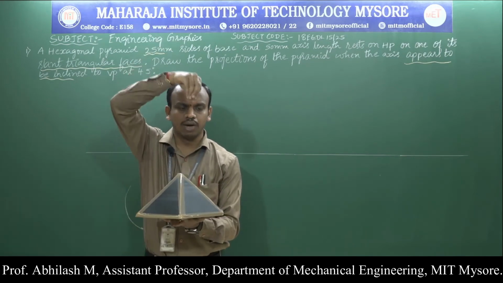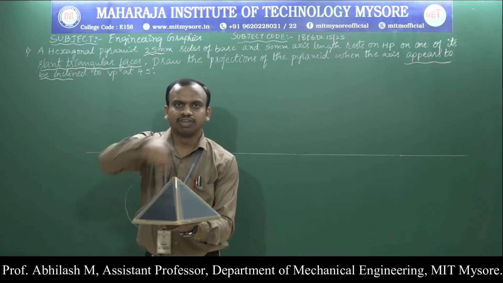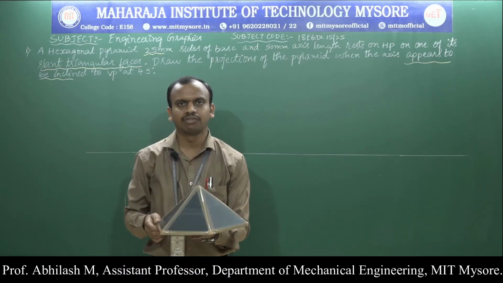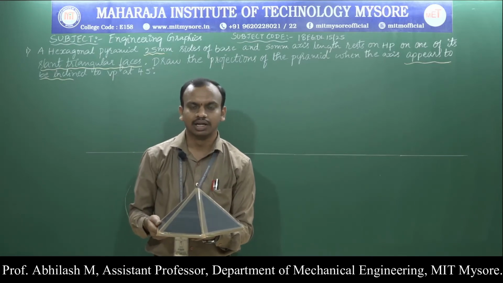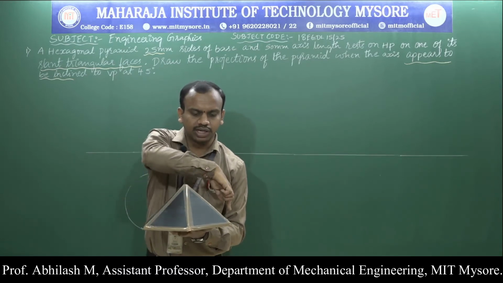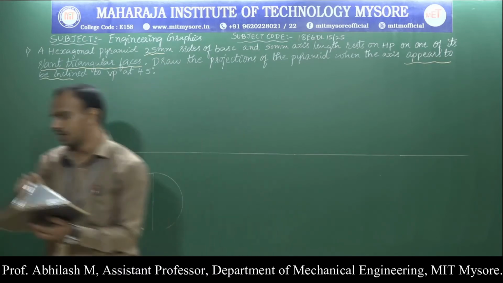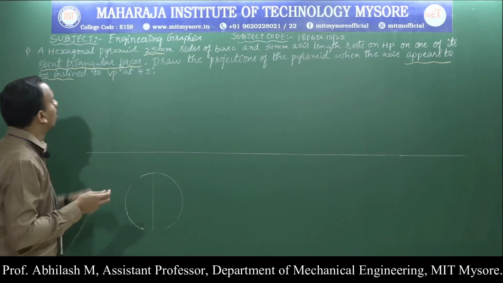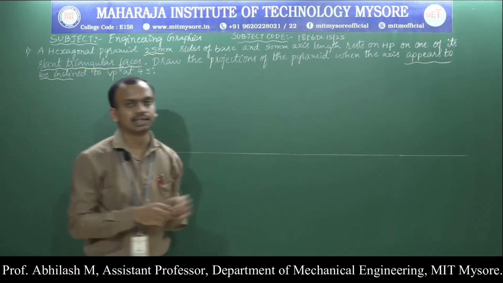So when I look from the top, I can clearly see all the edges and the diagonals which connect from the corners. So I need to write down that first position. Then we will go for the front view and see what conditions are to be applied. In the top view, we know the construction of a hexagon. So we are supposed to thicken all the edges and connect the diagonals. So we will complete that now. Now we have a hexagonal pyramid of 25 millimeter sides of base and 50 millimeter axis length.